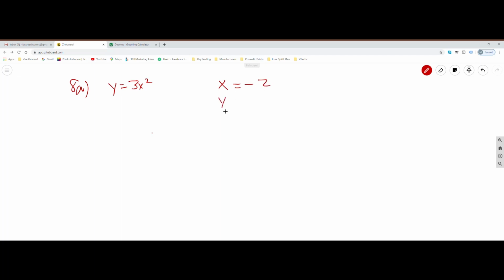Find out what y is. y equals, if you put -2 here, -2 squared is 4, so it's 12. So what you're going to do is -2 plus h, this is the value of x that you use, plus squared, there's a 3, minus 12 over h equals